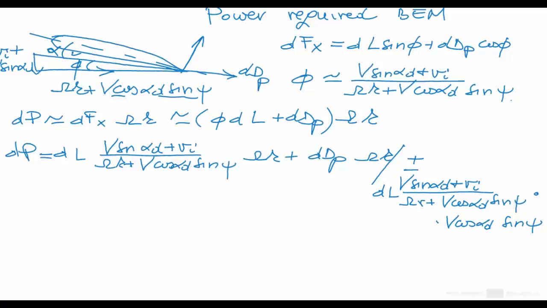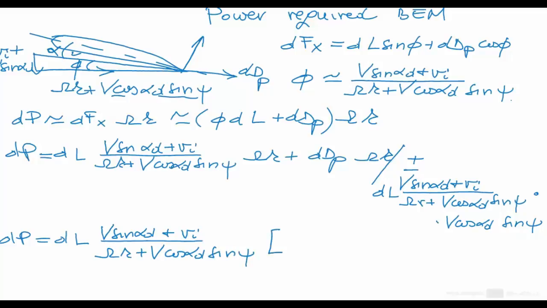Adding and subtracting this term, we arrive at dP, the power on the blade element, equals dL multiplied by V sine of alpha disk plus vi, divided by omega r plus V cosine of alpha disk sine psi, multiplied by omega r plus V cosine of alpha disk sine psi,